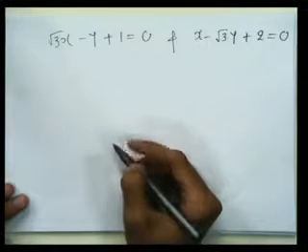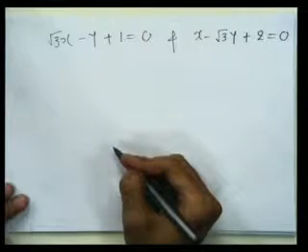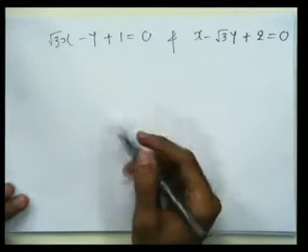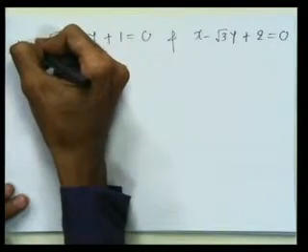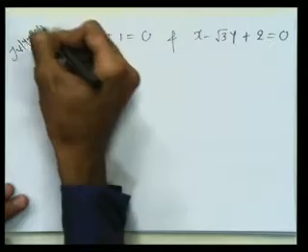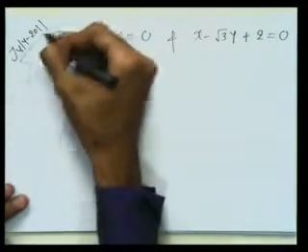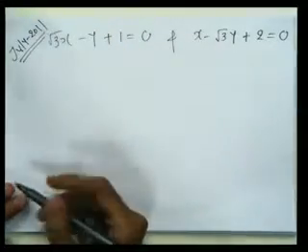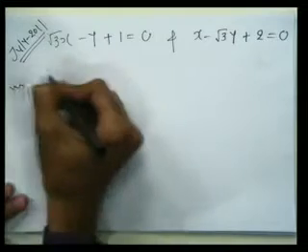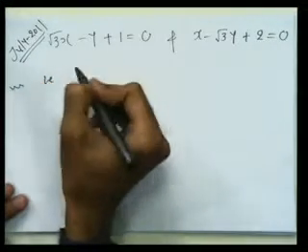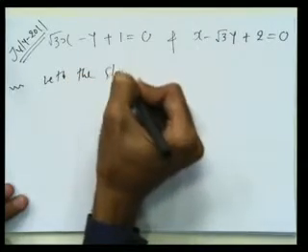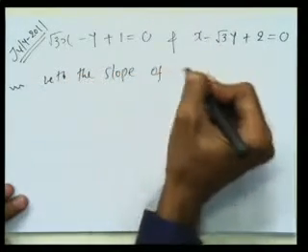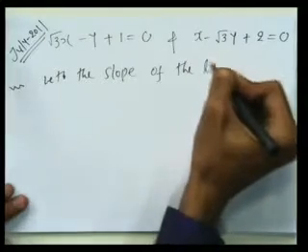We want to find the acute angle between these two lines. This example was asked in July 2011, right? So first, let the slope of the line